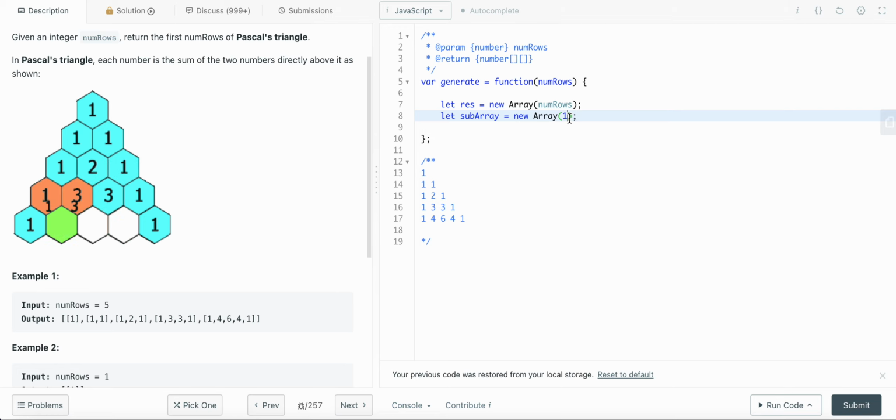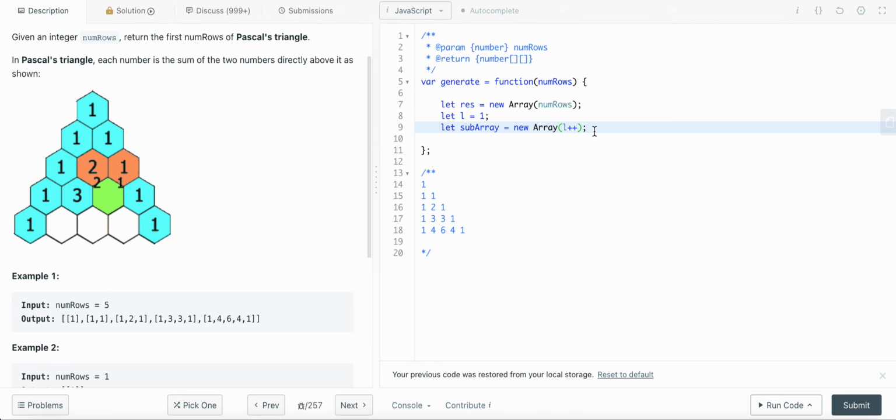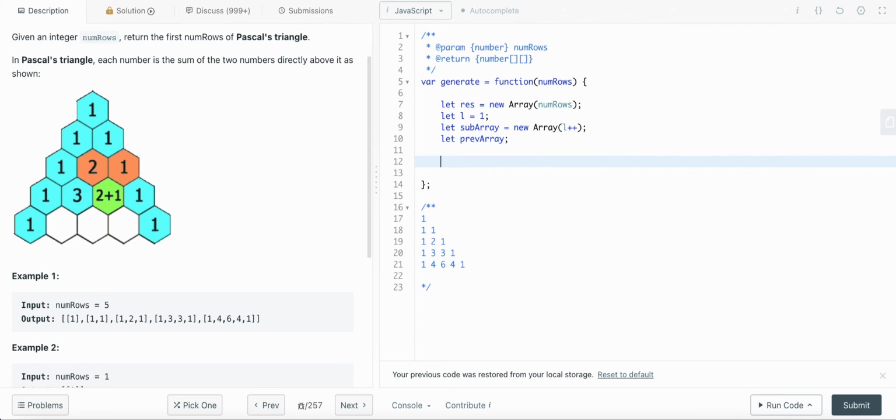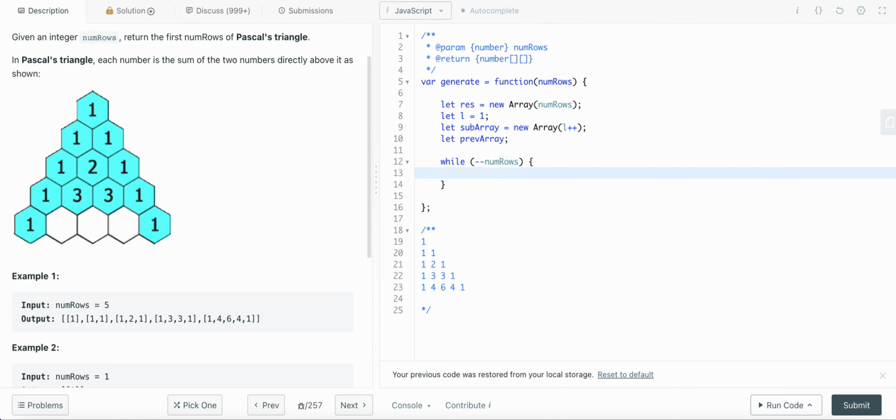Now once we have this, let us just use a variable L equals to 1 and just increment this by 1. So yep, that works fine. And now let us define one more variable, previous array, so that we could use it in our function. Now creating a for loop, actually we'll create a while loop here. While L is less than numRows,